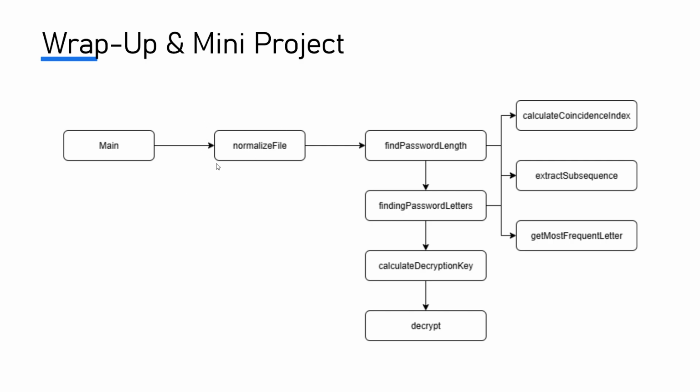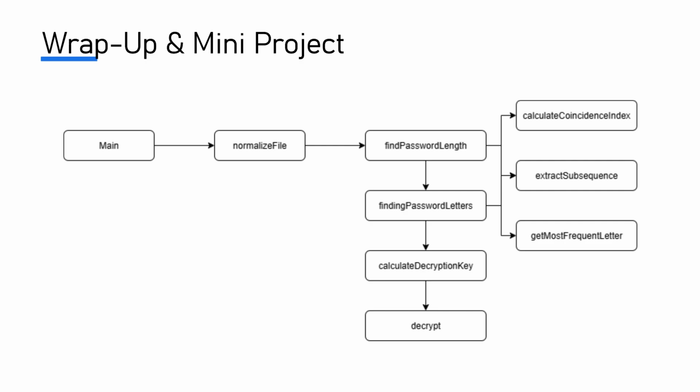So we need to normalize the English text. Normalize means we need to convert everything to lowercase. We need to delete every special character and every space and semicolon, for example, or any characters that are not